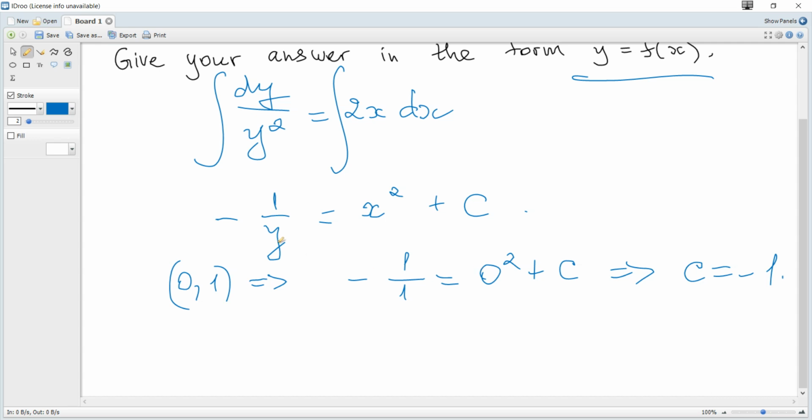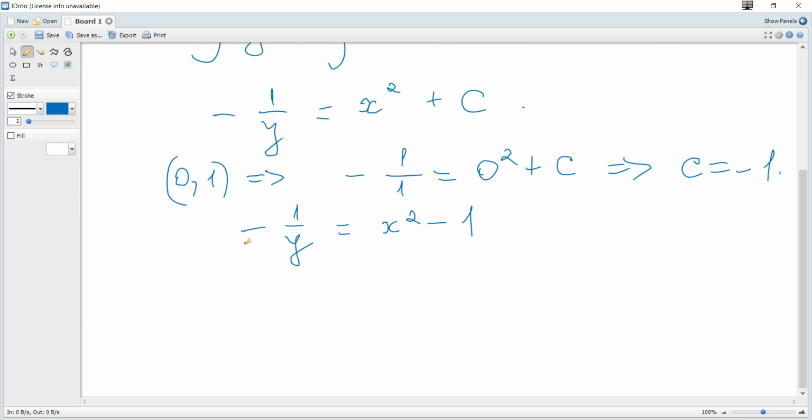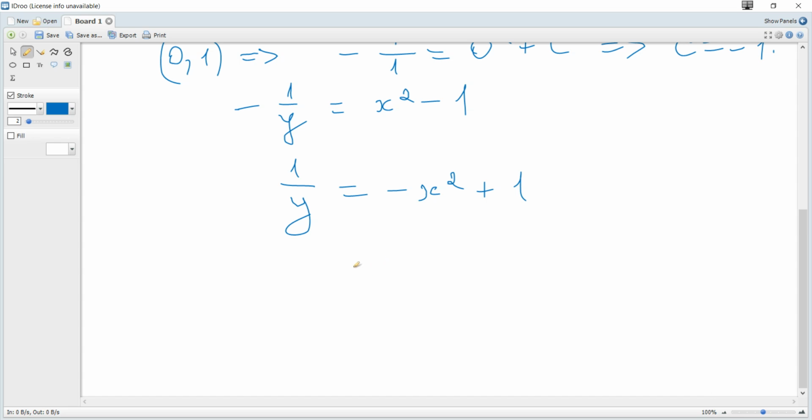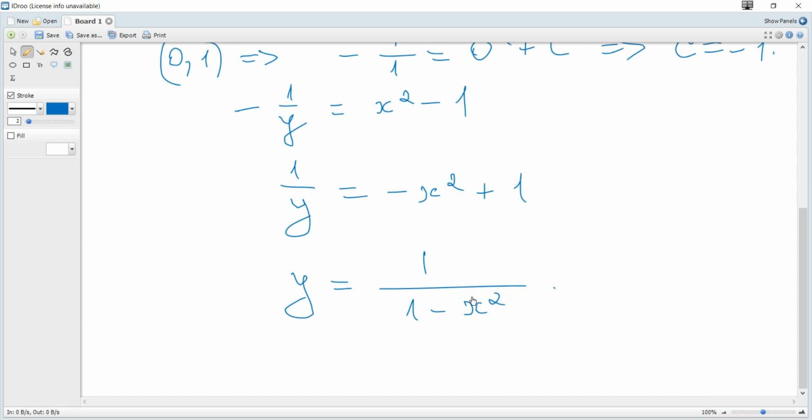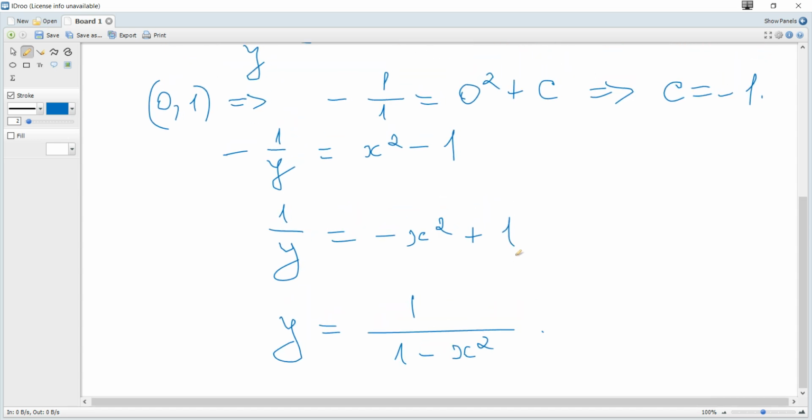So when you solve for y and substitute negative 1 for the constant, we get negative 1 over y is x squared minus 1, and let's multiply each term by negative 1 to get 1 over y is negative x squared plus 1, and just flip both sides, like fraction is equal to fraction, so it becomes y is 1 over negative x squared plus 1, or 1 minus x squared, and it's the required